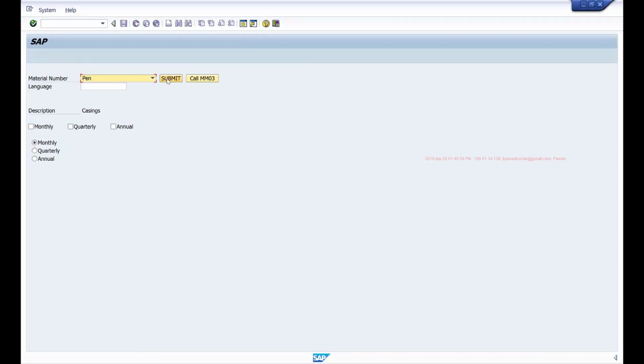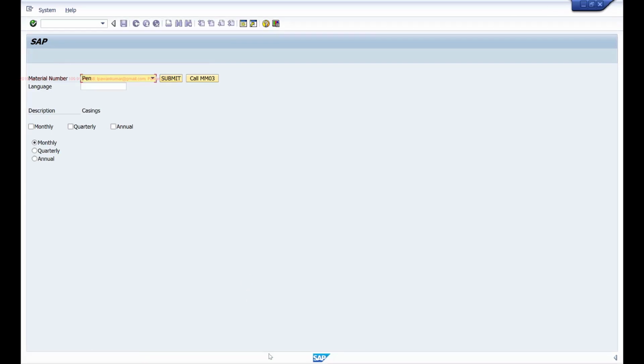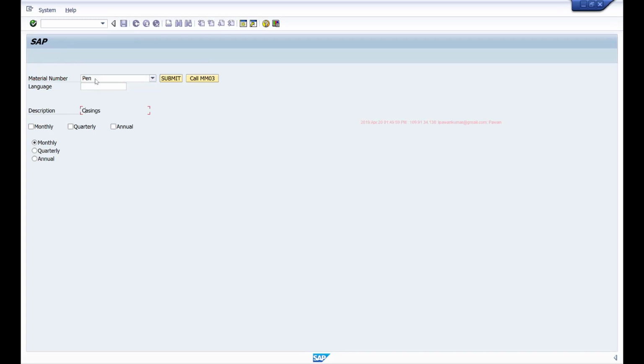And again, if I click submit, it will still call the module. So it will only check if the field is empty or not empty, and it will call the module if it is not empty. However, sometimes we have a situation where if I give some value, then in the first instance we are executing the select to get the data. But after that, I don't want to execute that select as long as this value is the same. But if the user selects a different value, then I want to execute the select.